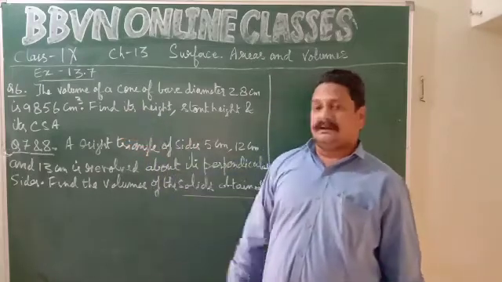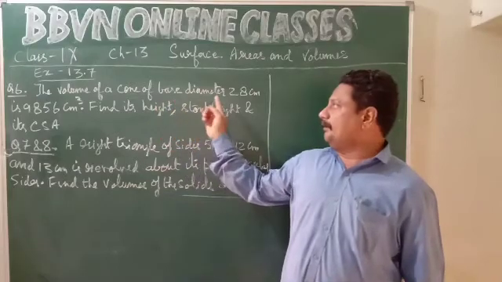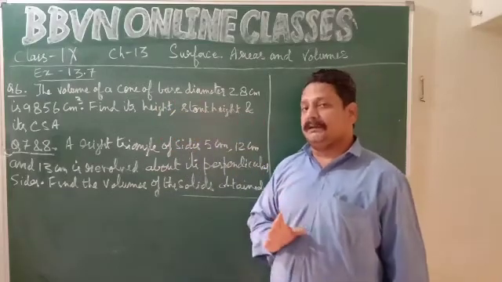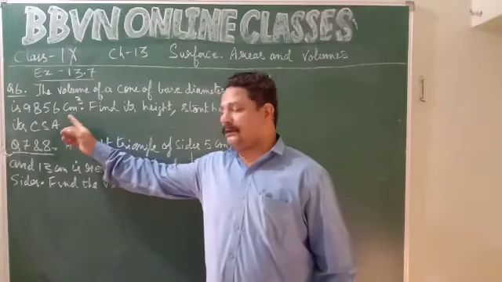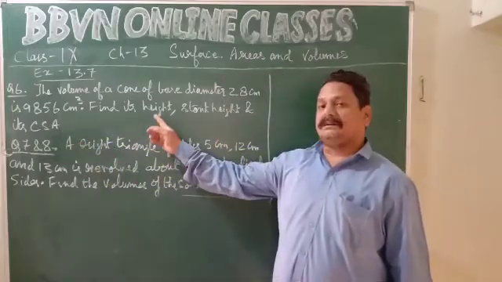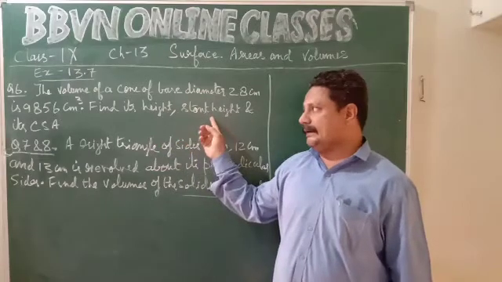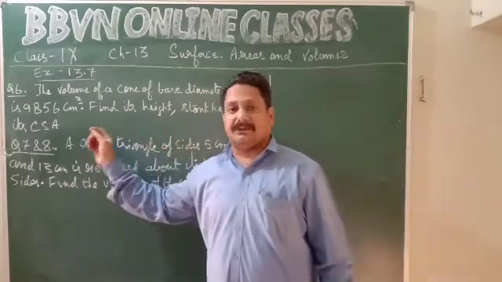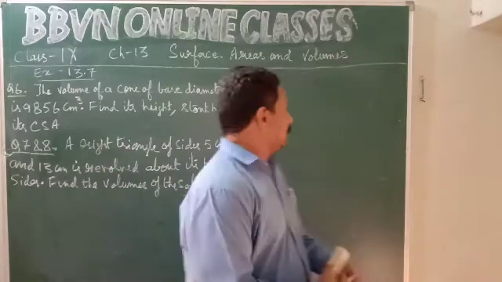Question number 6. The volume of a cone of base diameter 28 centimeters is given as 9856 centimeter cube. You have to find its height, its slant height, and its curved surface area. Okay. So,